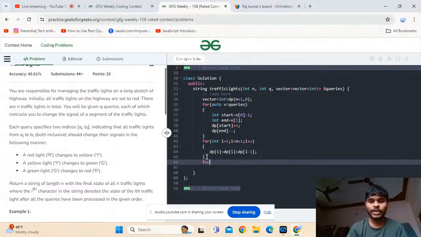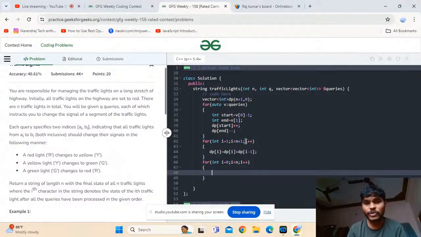Now I have to iterate again, now taking up to n. Why? Because we are not supposed to take the frequency of the last element. The last position is n, right? The n position is always going to terminate. So I have to take only n positions. The n strings are starting from 0 to n. Now guys, int rem. Now rem is equal to dp of I